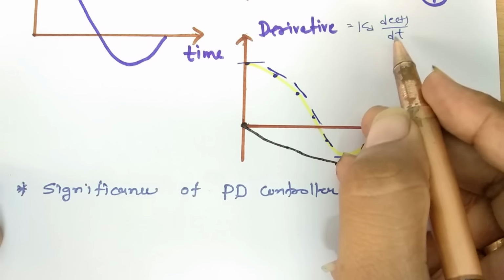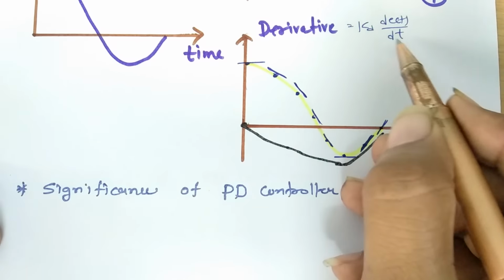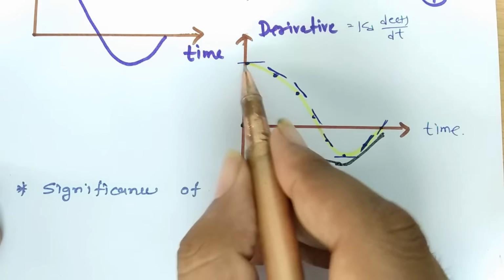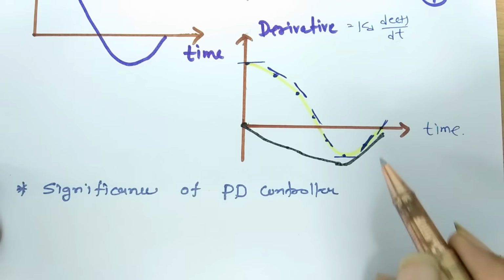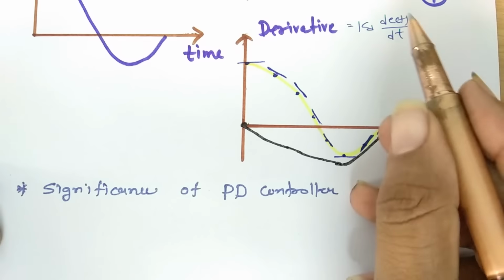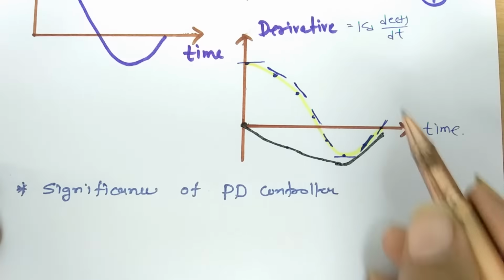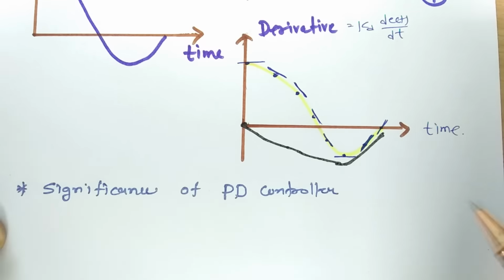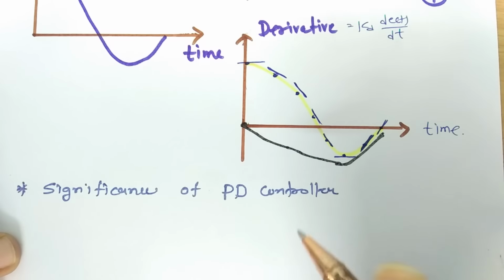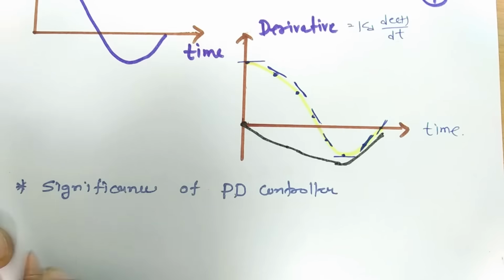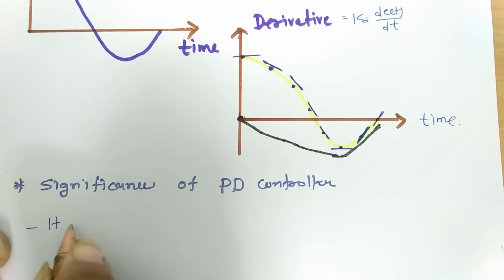What is acceleration? Acceleration means the rate of change of error with respect to time. So if the error is changing faster, the output of the controller changes faster. If the error is changing slower, the output of the controller will change slower. This is the extreme significance for which people use it in so many control systems. So the basic significance of the PD controller is that it accelerates the signal